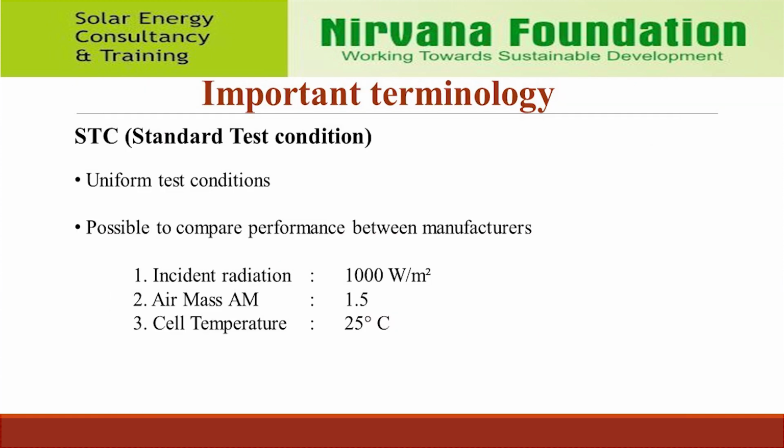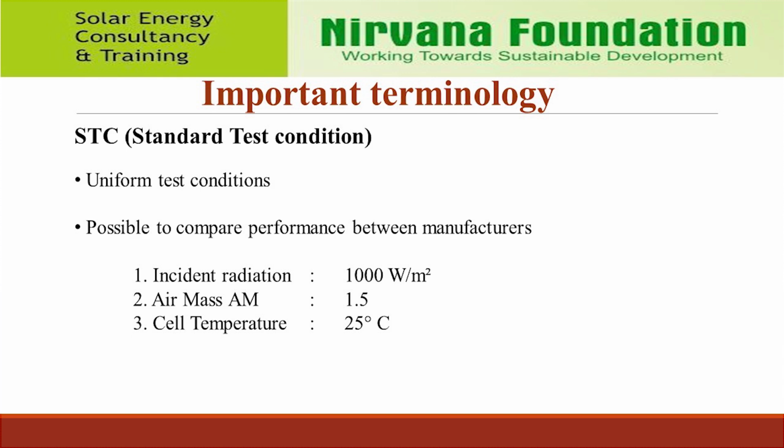Important technology: STC, Standard Test Condition. Standard test conditions are the industry standard for the conditions under which a solar panel is tested. By using a fixed set of conditions, all solar panels can be more accurately compared and rated against each other. There are 3 standard test conditions, which are: incident radiation 1000 watt per meter square, air mass AM 1.5, cell